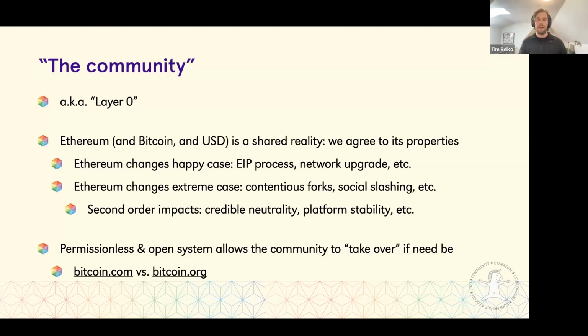And whatever you think of Bitcoin Cash versus Bitcoin, the fact that this is possible, that you can have two top level domains, or two prime domains, redirecting to different versions of Bitcoin shows you how powerful this permissionlessness aspect is and the openness of these systems are. And the resulting effects when part of the community decides to take over and go in a completely different direction.